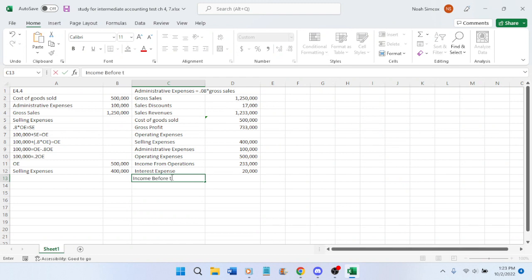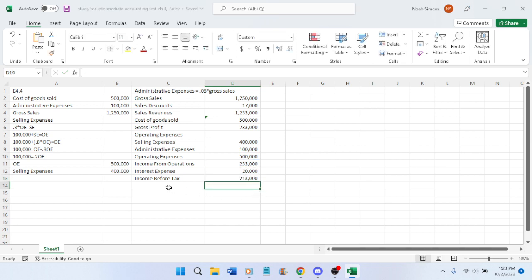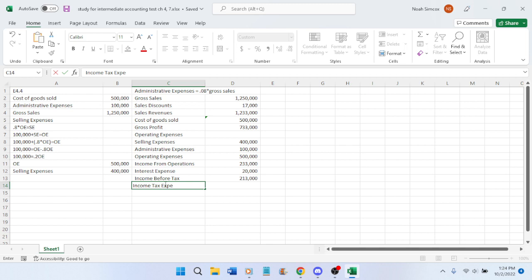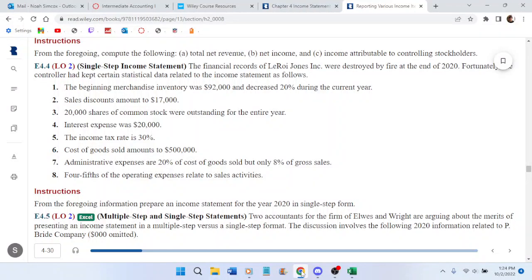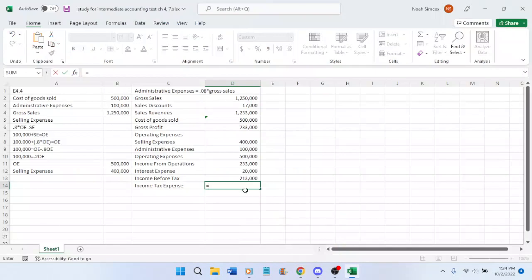Income before tax is this minus this, and then tax, income tax expense equals what? 0.3 multiplied by that number. Net income equals,